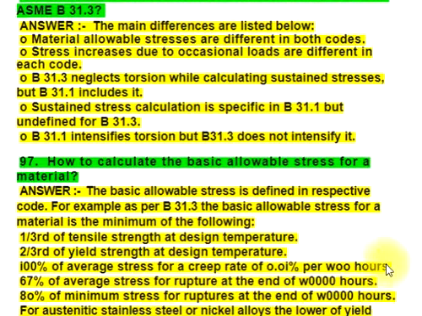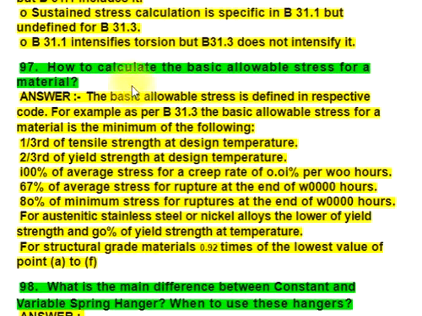97. How to calculate the basic allowable stress for a material? Answer: The basic allowable stress is defined in the respective code. For example, as per B31.3, the basic allowable stress for a material is the minimum of the following: 1/3 of tensile strength at design temperature, 2/3 of yield strength at design temperature, 100% of average stress for a creep rate of 0.01% per 1000 hours,